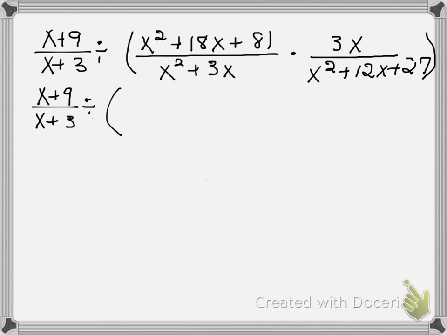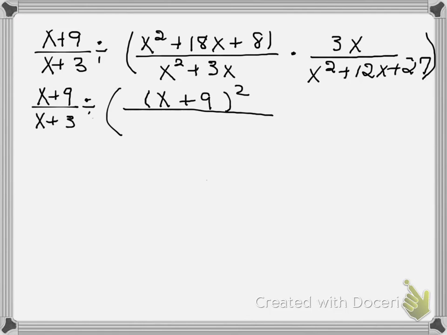Now, if I'm multiplying rational expressions, I multiply numerators, multiply denominators, and divide out common factors. Well, let's go ahead and factor before we do any multiplying. So this first trinomial, you will notice, has a squared first term and a squared last term. 9 times 9 is 81. So that's a perfect square because that's (x + 9) squared. x squared plus, outside would be 9x, inside would be 9x, that adds to 18x, and then 9 times 9